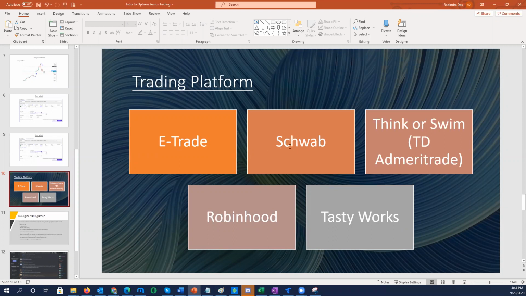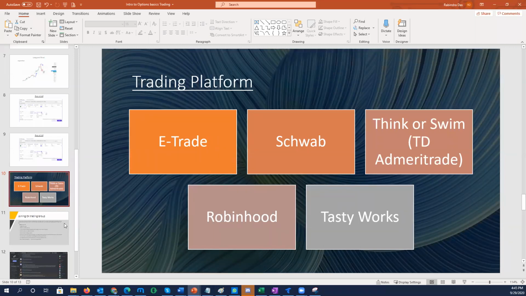Schwab is also the same, you can do it. Thinkorswim also has the same options, but I'm not comfortable there, though a lot of people are, so I don't mind if you have an account. Robinhood, I never used it. I've seen people's platform and it looks okay. There's also Tastyworks. I have an account, but I'm not trading there. I've traded on all these accounts except one, but I'm trading only on this one and sometimes this one. I'm not comfortable on these two. These are for backup: if sometime these don't work, I'll go and trade on this platform.